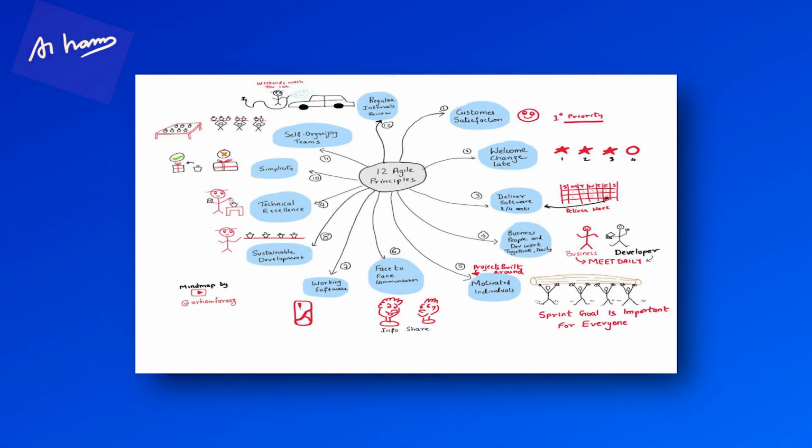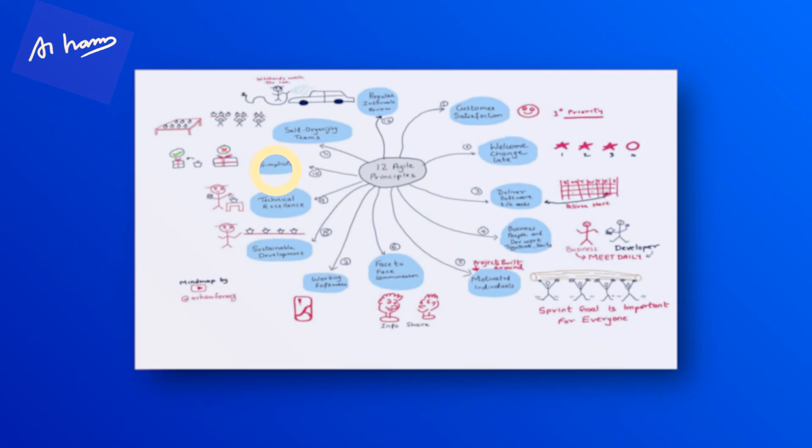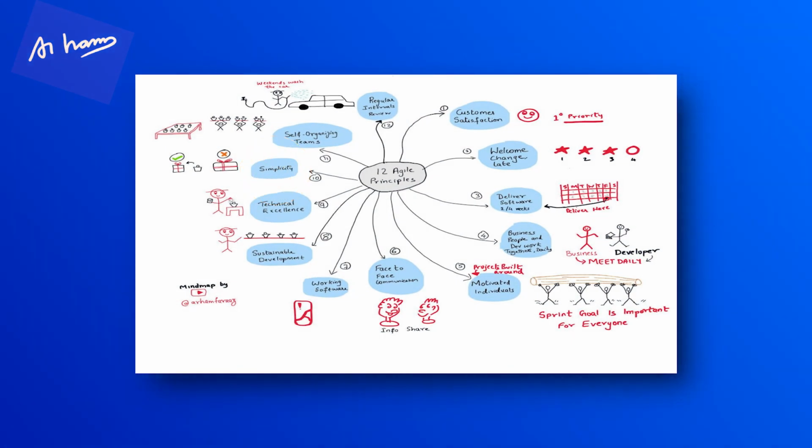Then, very, very important, when you're building software, we have to pay specific attention to technical excellence, right? We have to break those pieces of complex code down into small units so that it can be scalable later. That's the ninth principle. The tenth one is that simplicity is the art of maximizing the work not done. Okay, that's very, very important and helpful. So what we are not building is more important, right? Because we don't waste our time building something that's not needed by the customer. So just don't give customers features which they don't want.